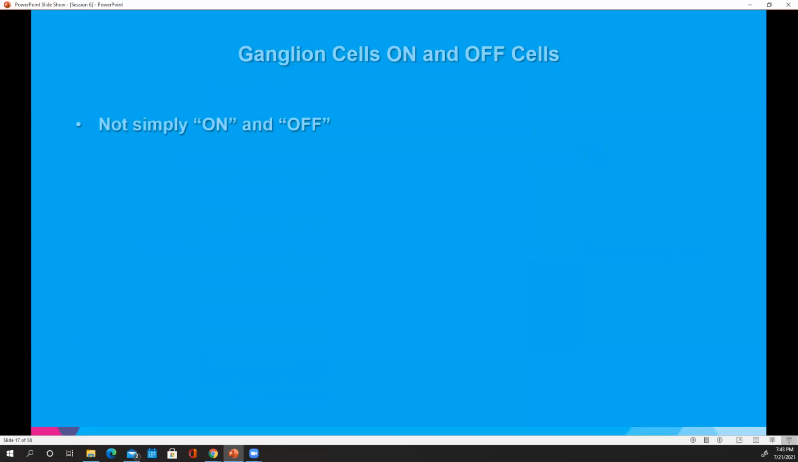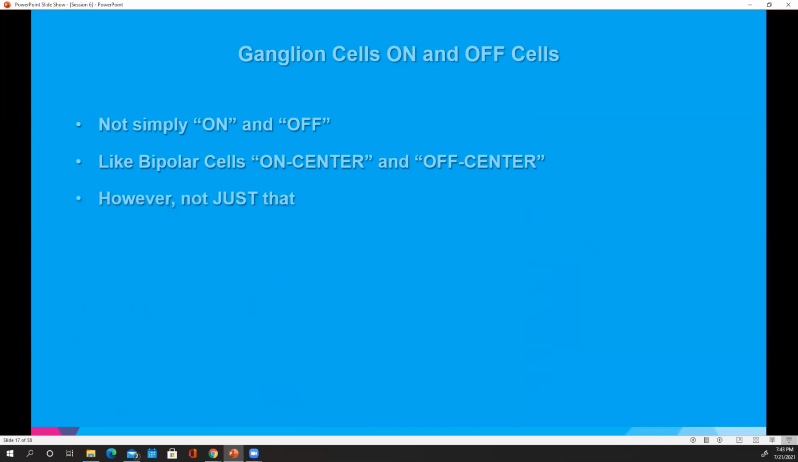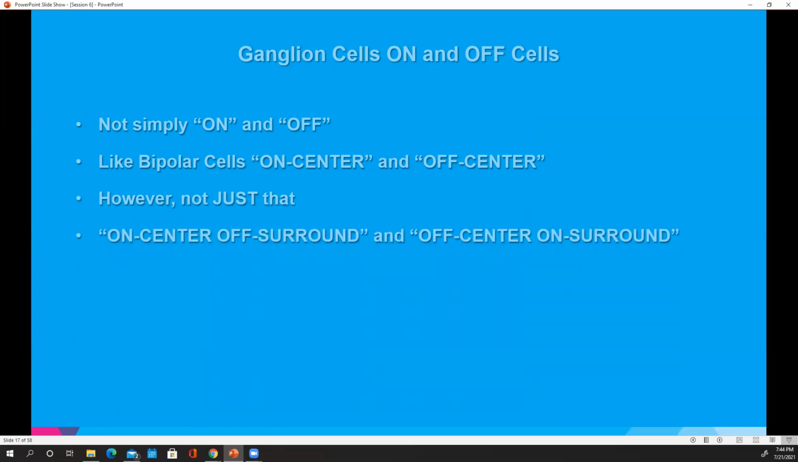Just like the bipolar cells, they're not simply on and off. Like bipolar cells, there's this on-center characteristic and off-center characteristic, but they're not just that. They have this extra thing, which is not just on-center anymore. It's on-center off-surround and off-center on-surround. This is confusing, so we'll talk about it. And then there's this third on-off ganglion cell,